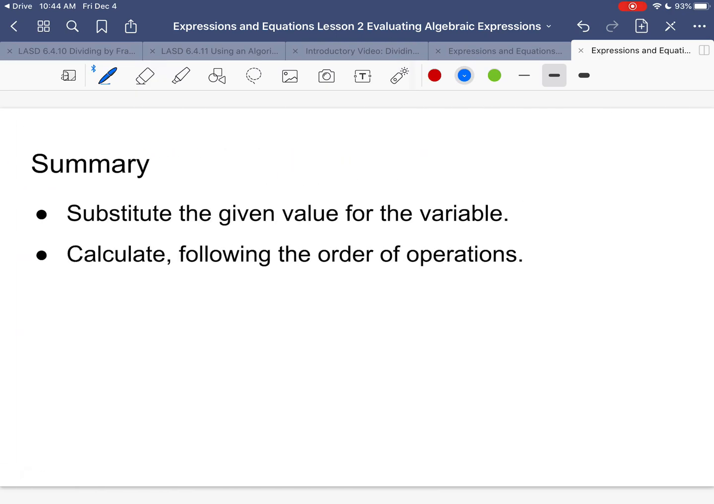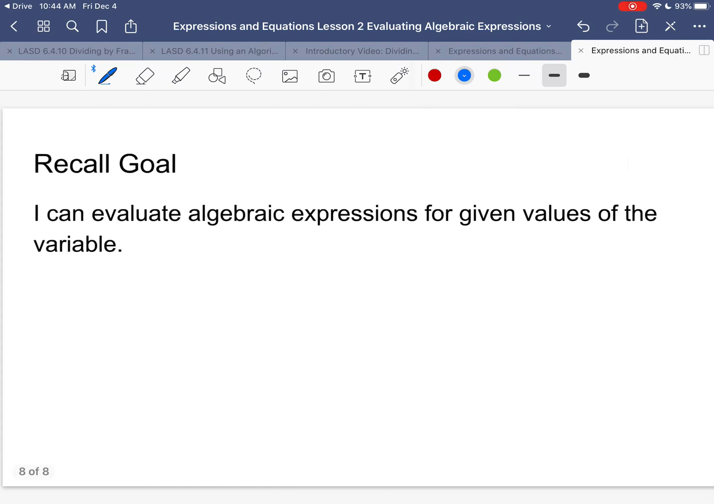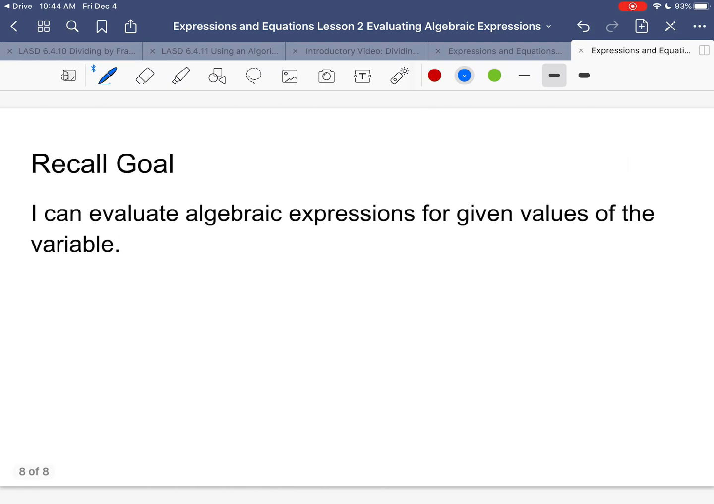So to summarize, you substitute the given value. So we just saw the value given was x equals 2. And then we calculate following the order of operations. So you saw how to evaluate algebraic expressions for given values of the variable. And that's the end of today's